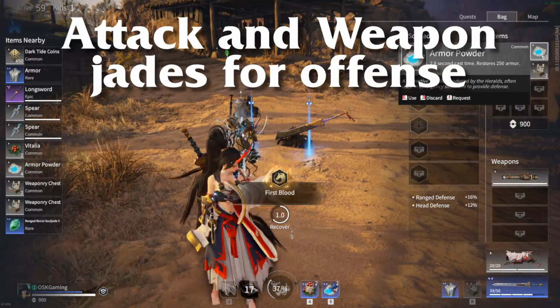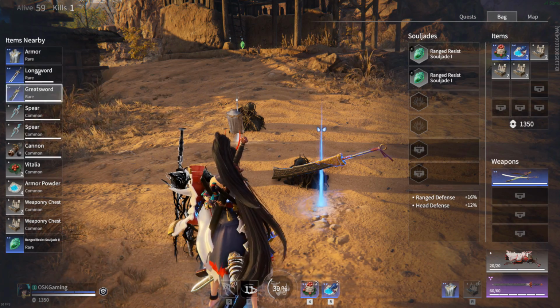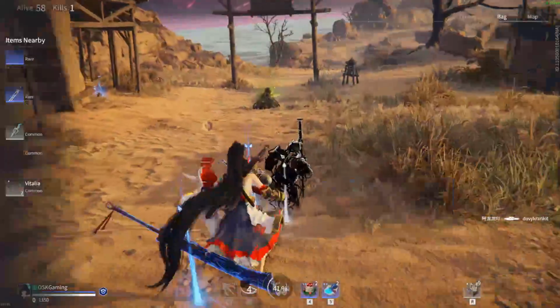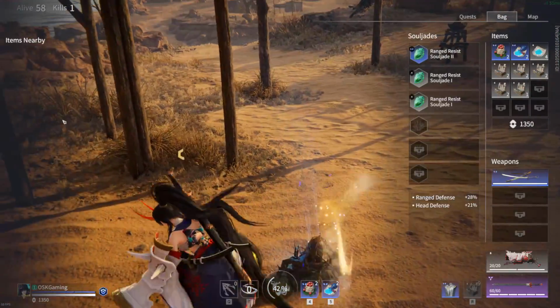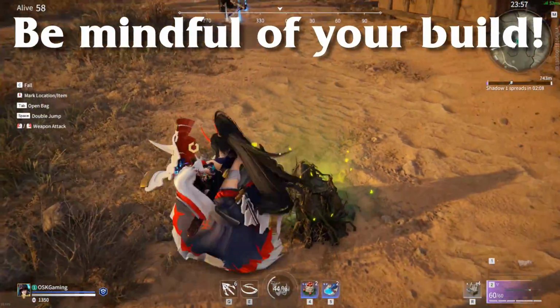You can also go for attack, but I'd only recommend it if you find a lot and are confident in your combat abilities. But now the big takeaway is knowing what Souljades benefit you in each situation. Taking a musket Souljade when you're wielding a bow, not the best choice, but taking a Souljade that increases the amount of healing you get from Vitalia and Armor Powder, now we're talking. So just be mindful of the Souljades you choose and make sure that they make sense for your current loadout